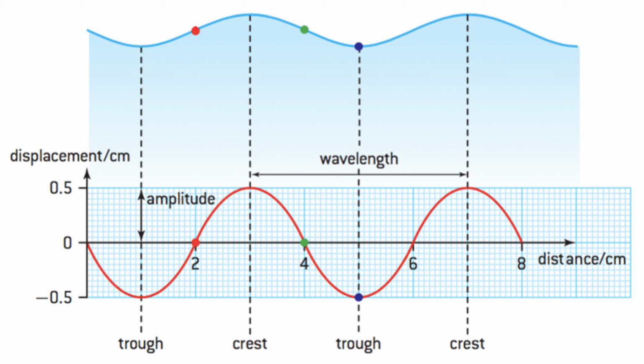When I'm at 2 centimeters distance-wise, the displacement is 0 because this red particle is at its equilibrium position. When I'm like 5 centimeters along the wave, so when my distance is 5 centimeters on this picture, the displacement is where this blue particle is, which is some negative value below equilibrium. So this is your displacement up and down. Your distance is where you are side to side. So again, we're plotting the displacement of the particles at all these different distances along the wave. It really is like a picture of the wave.